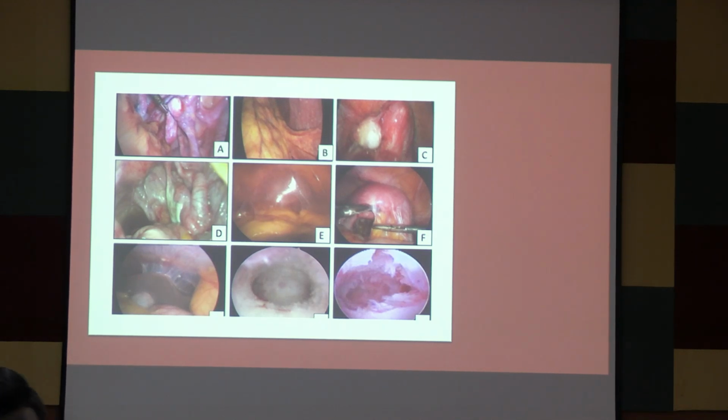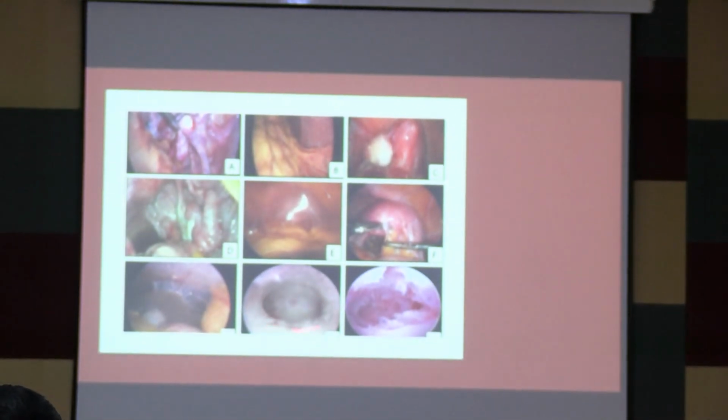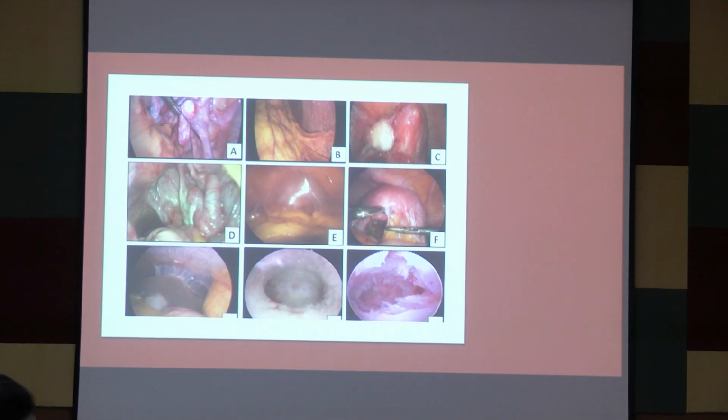What is this called? Perihepatic adhesions in cases of tuberculosis or any STD, I taught you the other day. What is the name of the syndrome? Perihepatic adhesions. Fitz-Hugh-Curtis syndrome. This is what the Fitz-Hugh looks like. This is a hysteroscopic view. The last two are hysteroscopic views.